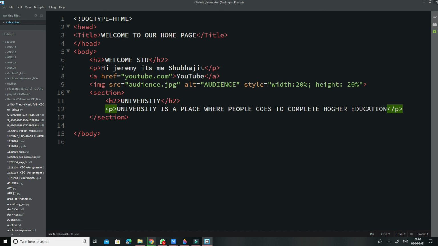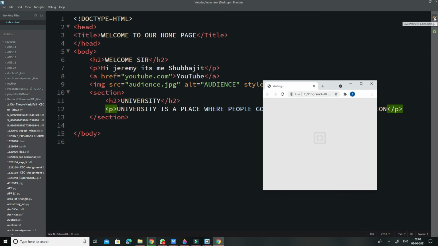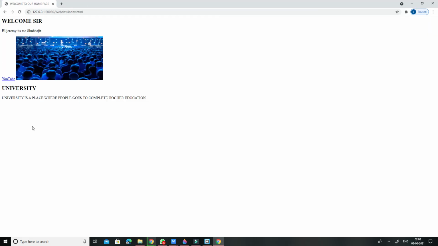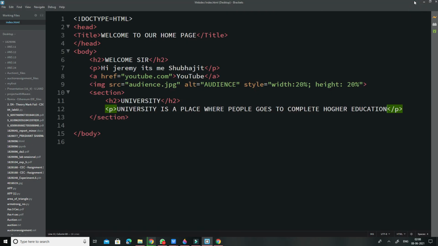And now let's see the result. Let's save it. As you can see, a section has been created separately, and you keep on adding more and more text to it. You will see this is how section works.